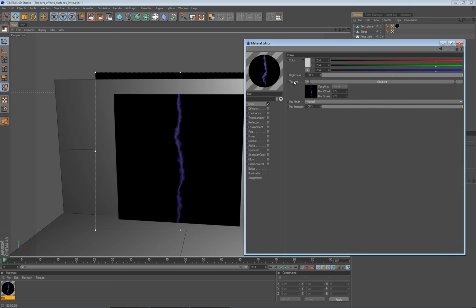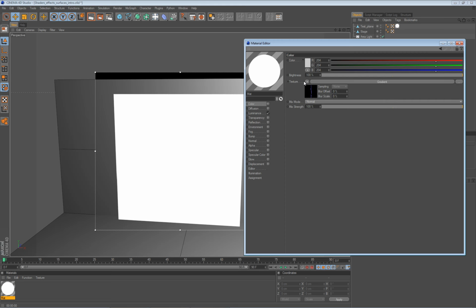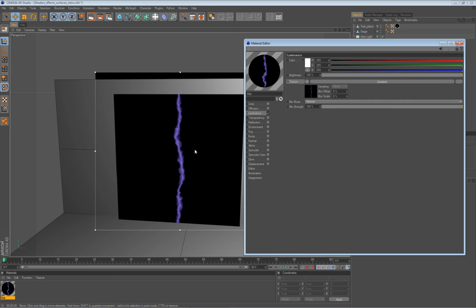So let me copy this shader and put it here under the luminance channel. I will disable this color and activate luminance. Oops, apparently I didn't copy it. Good, let me try again. Paste, and now it will be much more vivid, and later with addition of global illumination it can really light